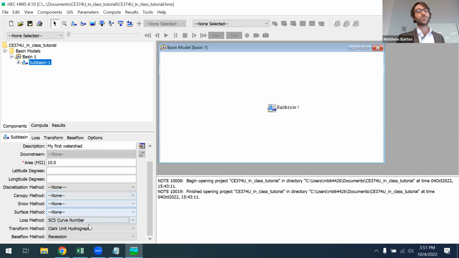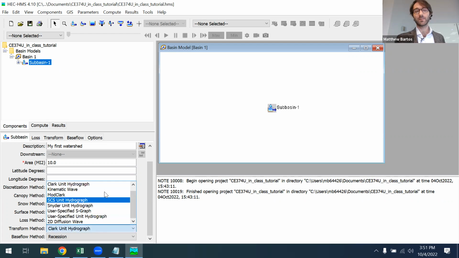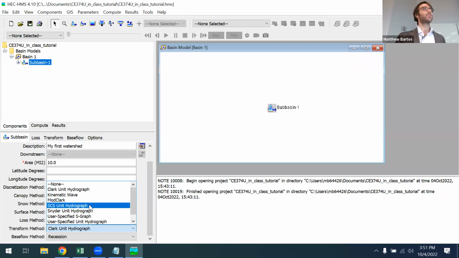Okay. The transform method, this is the other part of what we talked about the past couple of weeks, which is modeling the runoff over the landscape. So if you see here, there's various methods that you can use for modeling that process, which I mentioned in previous classes, kinematic wave, for instance. What we're going to use is the SCS unit hydrograph, which you used on your homework previously.